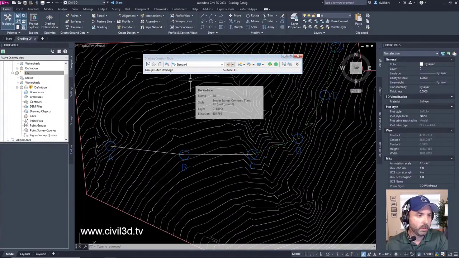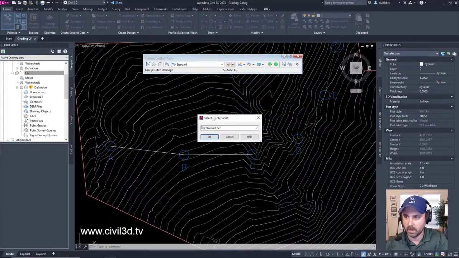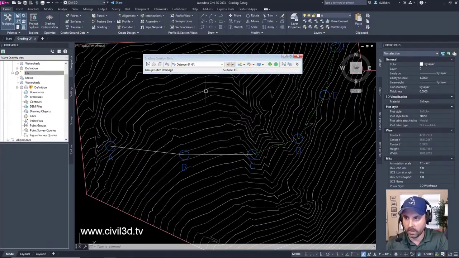The next thing that we're going to do is select a criteria set by clicking that button. And remember when we created the ditch criteria set in a previous stream. So we select that, then click OK.